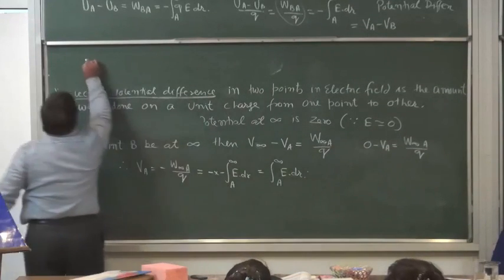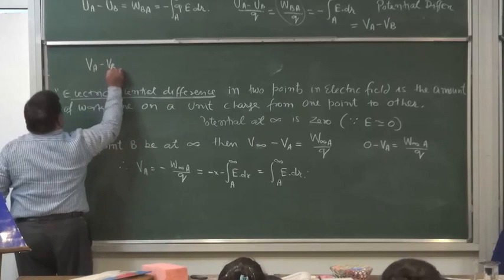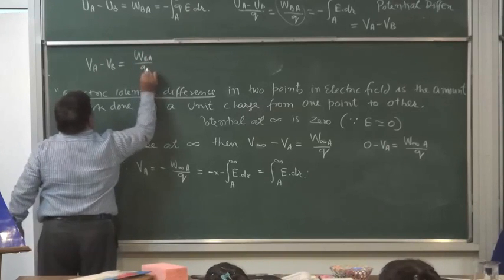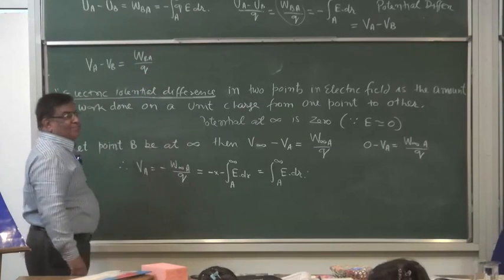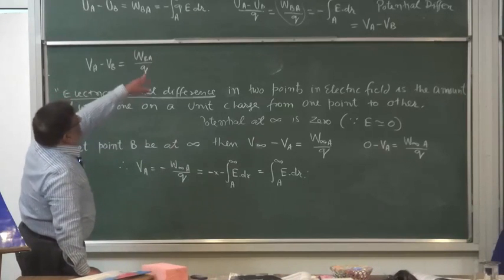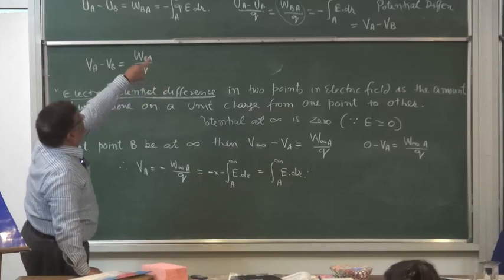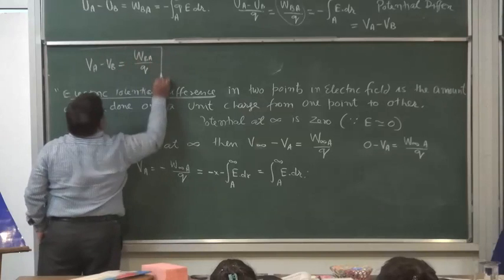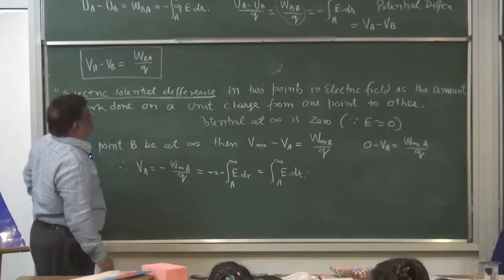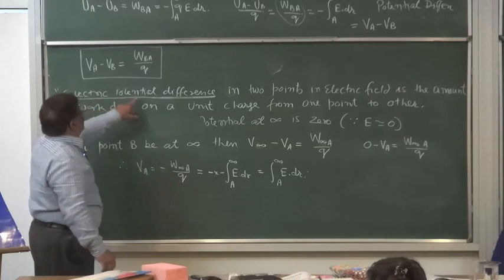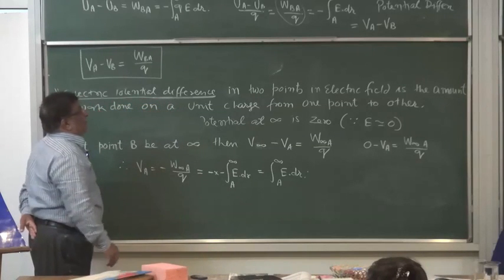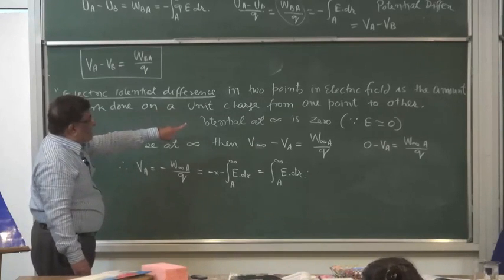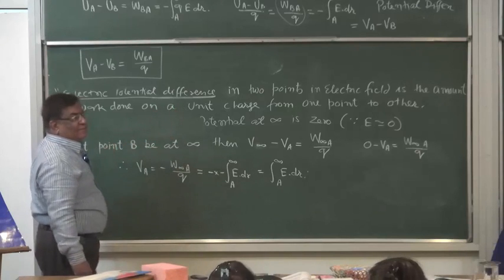Now we have it here. VA minus VB is equal to work done from B to A per unit charge. If we want to convert it into E, we can always do that. That is E into dr. But first we will work on it. This is electric potential difference between 2 points: the amount of work done on a unit charge from one point to the other. So,